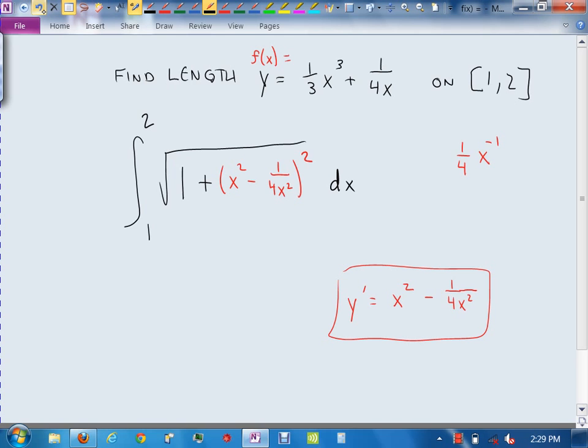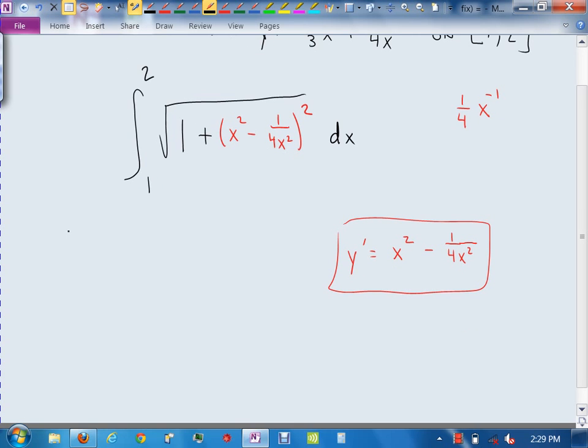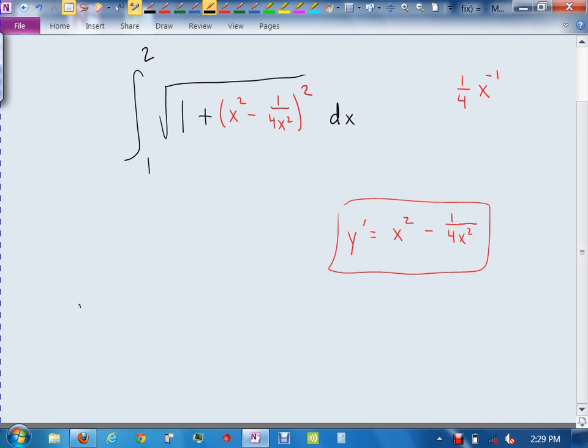What do I still need to do? I mean, when you look at that, does that look like an easy integral right now? That one looks somewhat challenging too, doesn't it? Let's square this thing, all right? Let's square the inside and see what happens. So integral, I'm going to do this way down here. Integral 1 to 2, square root 1 plus, now what do you get when you square that? You have to FOIL it, right? So x to the 4th minus,